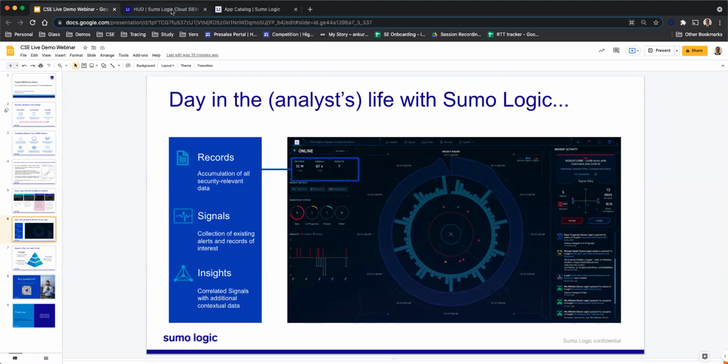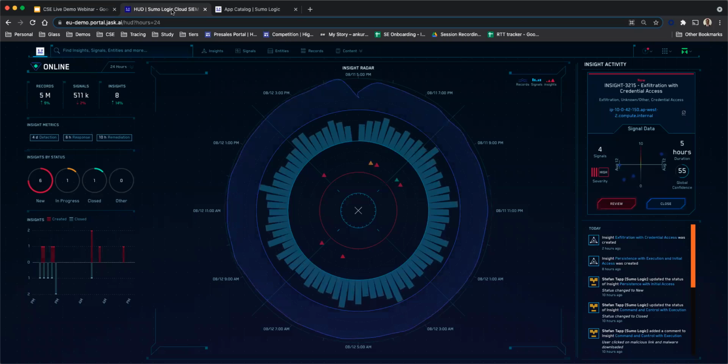So let's get into the Cloud SIEM platform. So we are in the Cloud SIEM platform. The moment you log in, this is the view that you are going to see. This is the HUD view. And here you can see an interface which has been purpose built keeping in mind SOC analysts like you. So here you can see the central view where